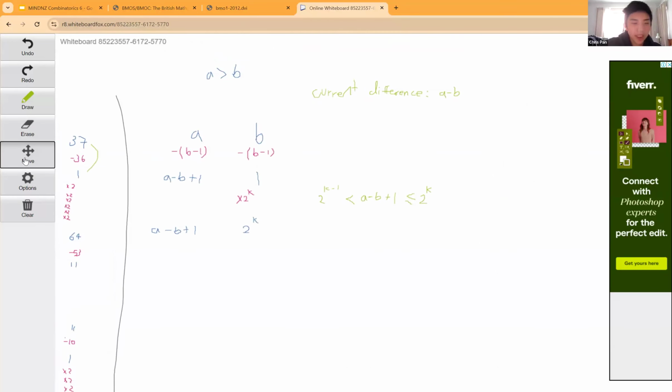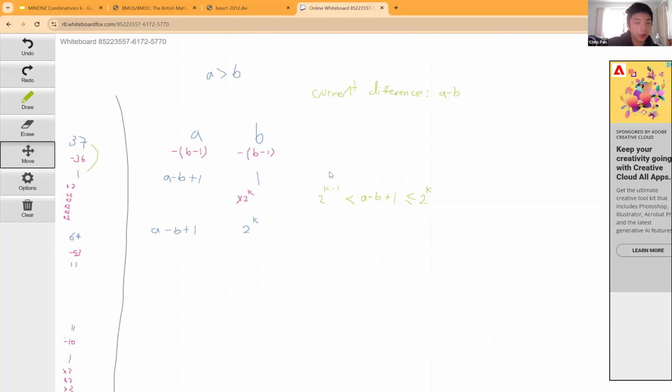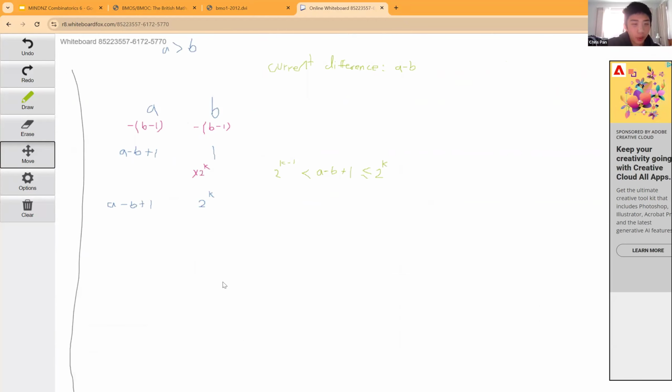Okay, so we just applied a move of our algorithm, right? We reduced the smaller number to 1, and then we multiplied it by a power of 2. And what we want to do is show that after applying one move of this algorithm, the difference has strictly decreased. So remember our original difference, right? Sorry, instead of saying current difference, I should change this to original difference, the difference we started with before we applied a step of our algorithm